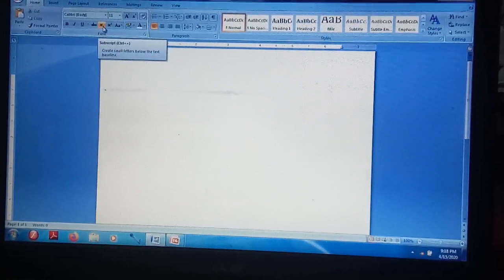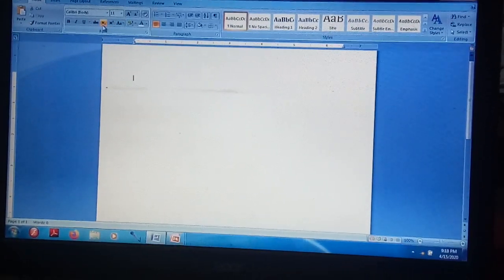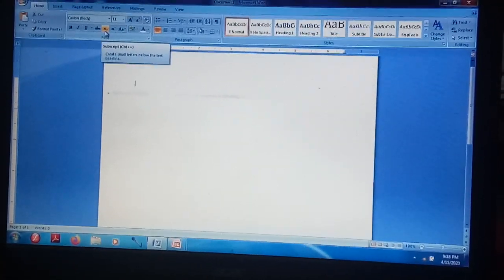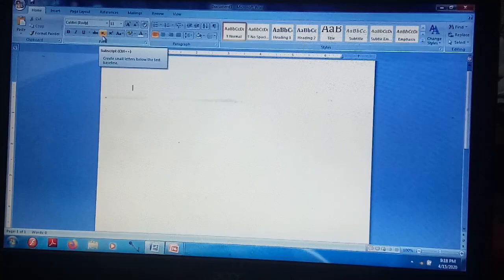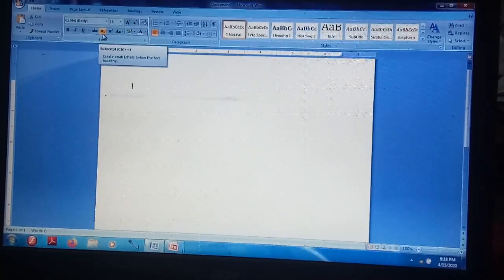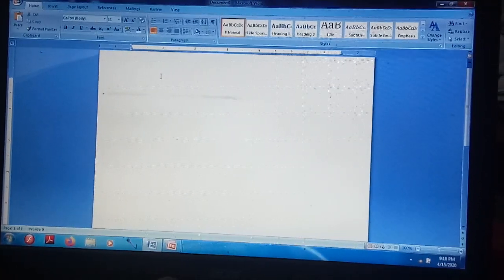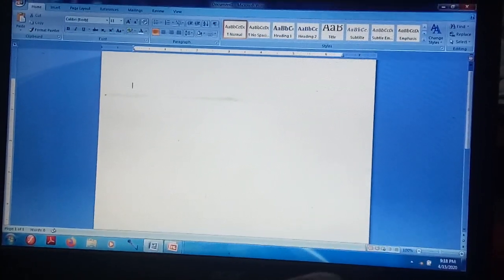This is the superscript and the subscript. So X2 is also known as the subscript. The shortcut key of the X2 is control plus equal to sign. The working of the X2 is, if you want to display any text